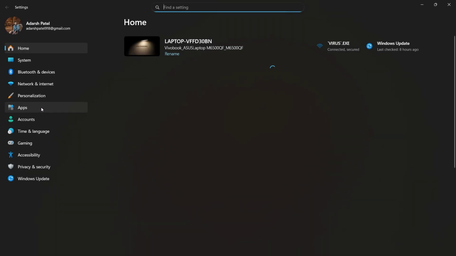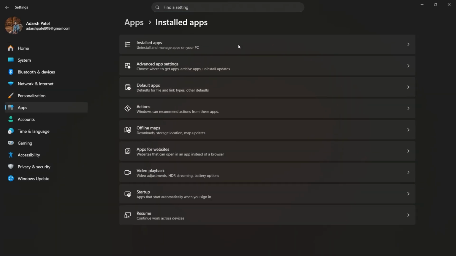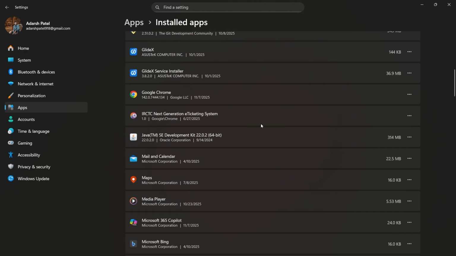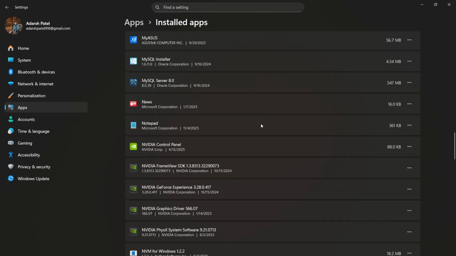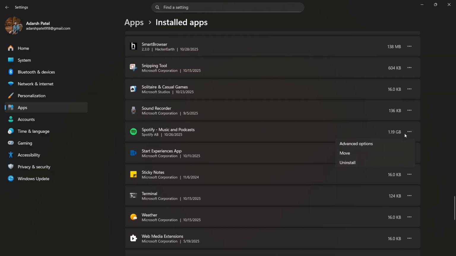Open the settings, go to the app section on the left window. Now here in this, click on this option of installed apps. Now here you'll find a list of those apps that are installed on your laptop. Find the app that you want to clear the data for. For example, let's say if I select the Spotify now, simply click on this option, three dots, and go to